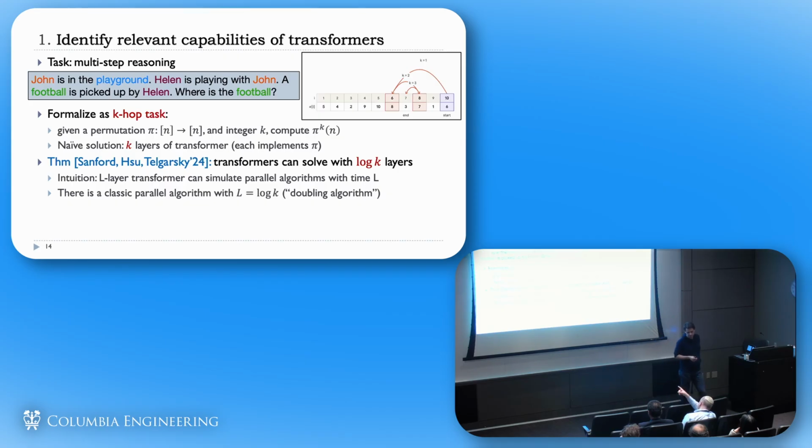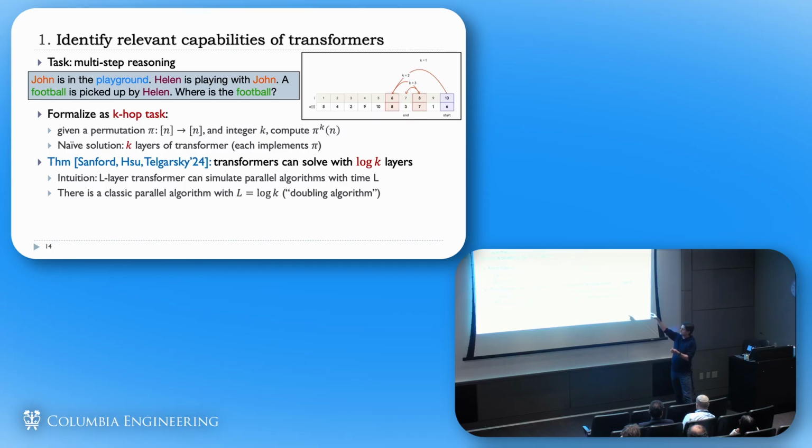But in this formalized example, is there really a reason to use transformers? Or is the point to tell you something theoretical about how transformers could behave? In some sense, both. This was really a point of identifying a capability. This is a task we can solve. If we want to solve this task, of course, we have algorithms to solve this directly.